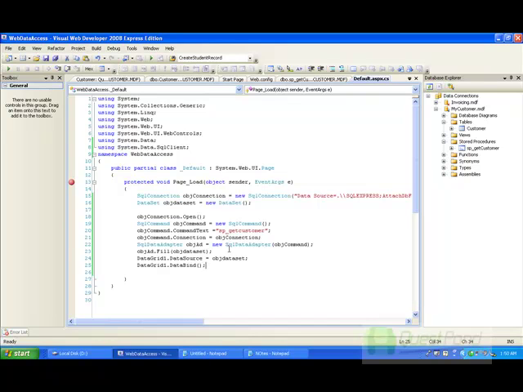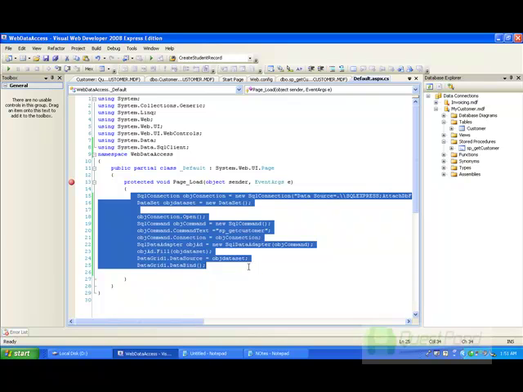If you look at the number of lines we have to write for this task, it is definitely very big, and it doesn't make sense to keep coding the same routines again and again for inserts, updates, selects, and so on. What data application block does is make all these lines of code into probably one or two lines of code. So we will try to execute the same functionality using data application block. First, let's pull out our enterprise library configuration,